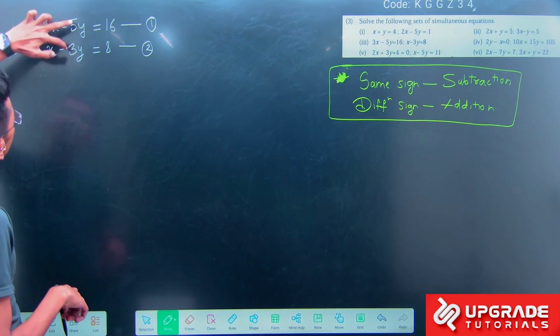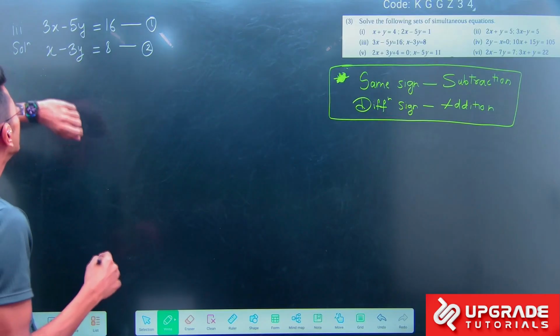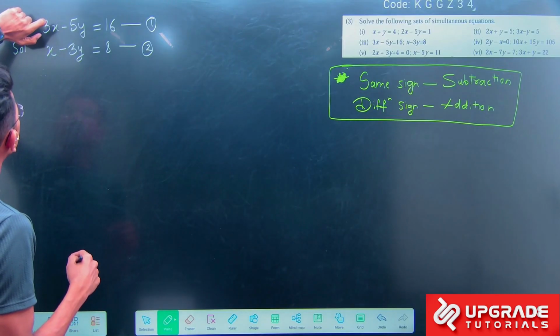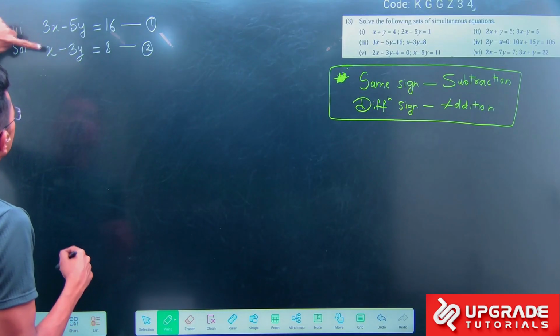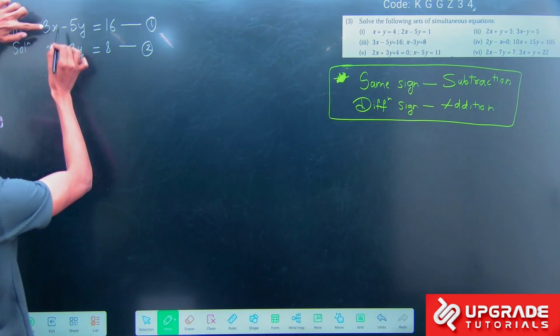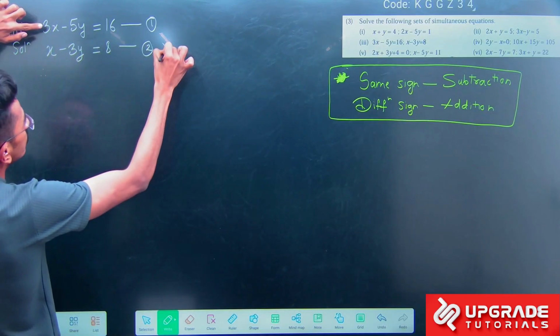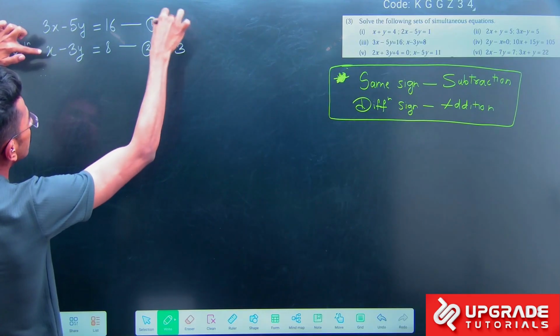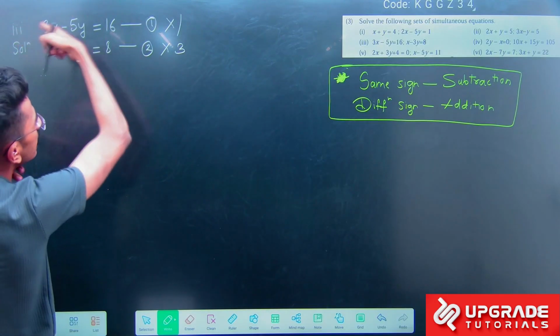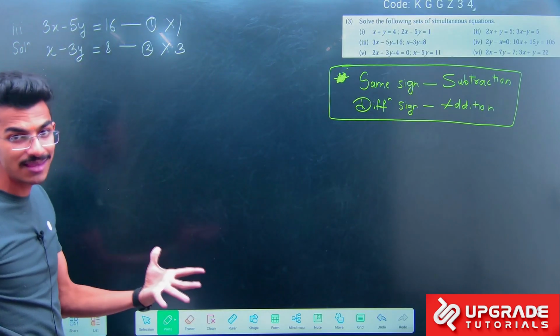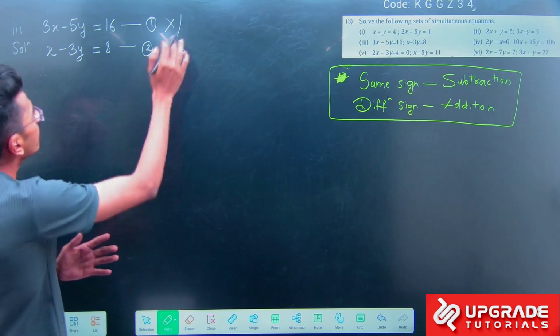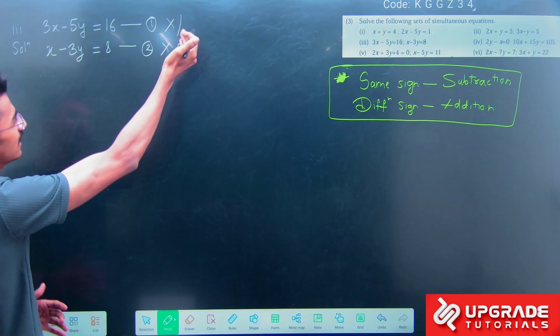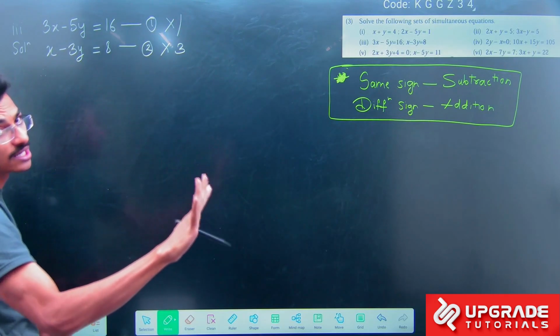3, 1, 5, 3, are they same? No. तो अगर मुझको x को एलिमिनेट करना है, तो x का कोएफिशिएंट क्या है? 3. You have to multiply it by 3. और इधर x का कोएफिशिएंट क्या है? इधर multiply it by 1. If I multiply any equation by 1, the equation remains same. So no need to do that. मतलब 1 से अगर मैं इसको multiply करूंगा तो यही equation रहेगा, तो मैं वो लिखूंगा नहीं.